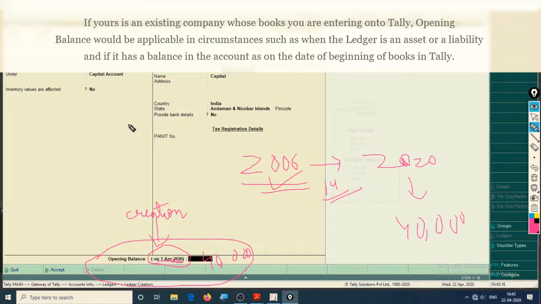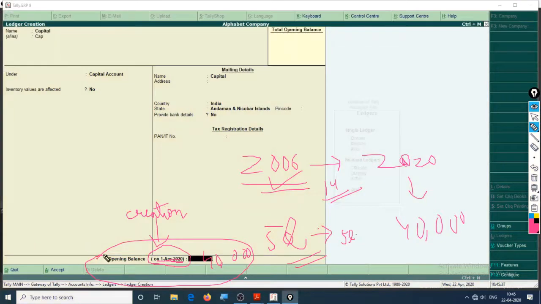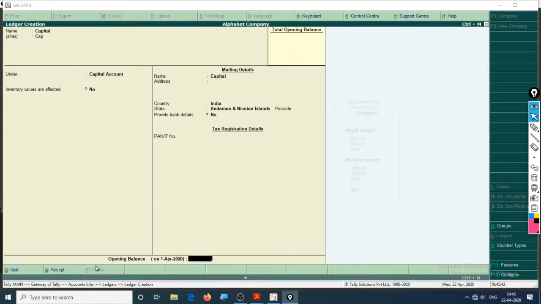So the value of the vehicle that you bought for rupees 10 lakh is now 5 lakh. So you'll enter 5 lakh here, so that when you create further entries in your accounts, it will start from 5 lakhs. So this basically is the opening balance. You will get more clarity when we do it. Let's now move forward.